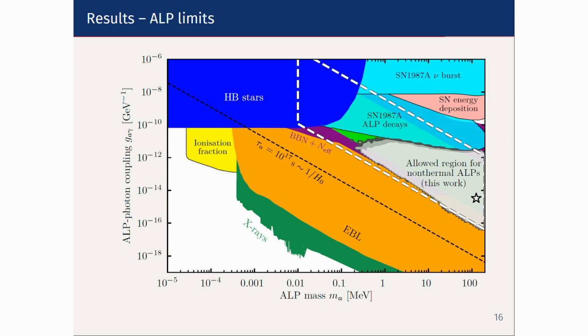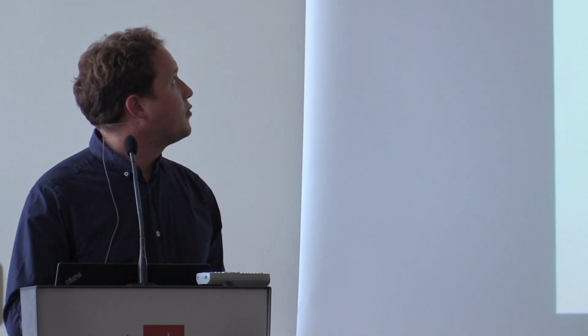So basically, thanks to not fixing, having the abundance as a free parameter in this work, you also find a unique best fit point. But before I get to that, of course, once you have these results,